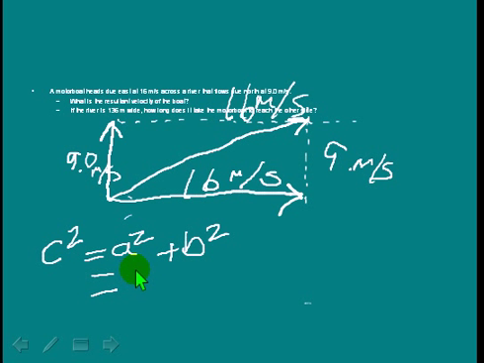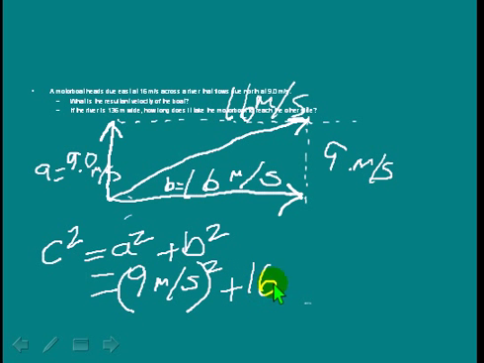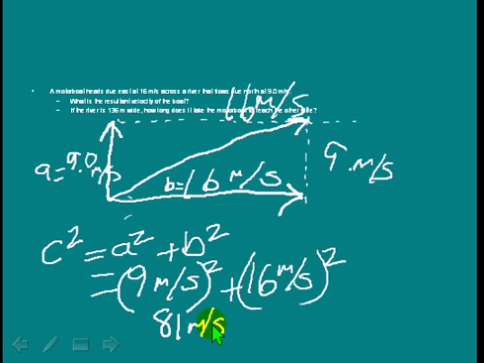Let's call this A and this B. So we're going to have 9 meters per second, squared, plus 16 meters per second, and all that is squared. This is going to be 81 meters squared per second squared plus, gotta do a little math over here,